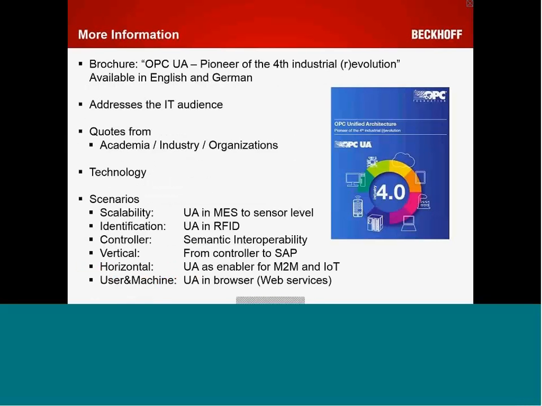Okay, a little more information. There is this brochure I talked about, a fantastic high-level introduction that also gets down into some details. It talks about the different agencies, academics, end users, vendors, small deployments, and large deployments. SAP is in there. And you can contact